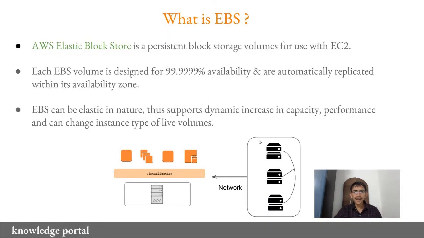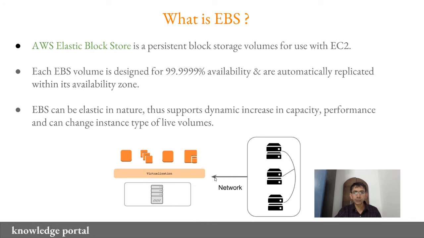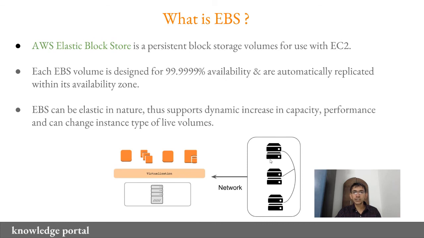I hope you understood the high level overview of EBS. Do remember that EBS stays at a separate layer altogether. EBS disks are not included within the server. They are attached to your instances, so it can be referred to as network attached. There is a network over here and through the network the data travels. Let's say this EC2 instance wants to store certain data. That data travels via the network to the EBS volumes. And EBS volumes are replicated and elastic in nature, so we can increase the EBS volume size, as well as the capacity and performance.